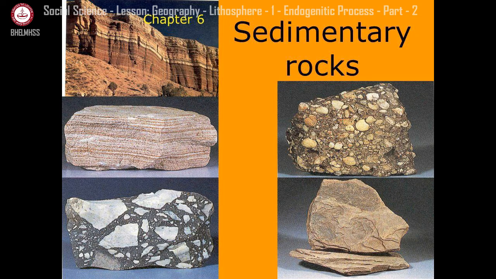So many rocks, multiple types of rocks of various natures, come together and settle for thousands of years. Because of heat and pressure, they keep settling down one after the other, and they become hard and compact. Such rocks are known as sedimentary rocks. You can see fossils even in them.